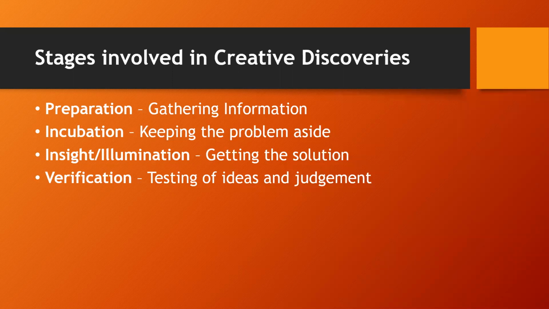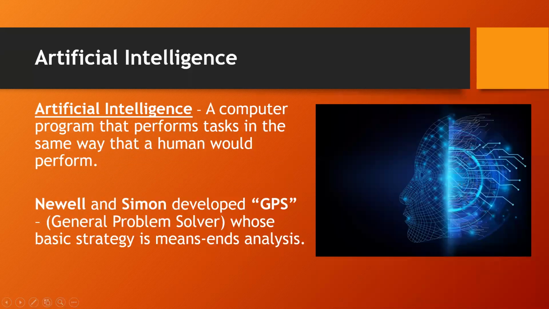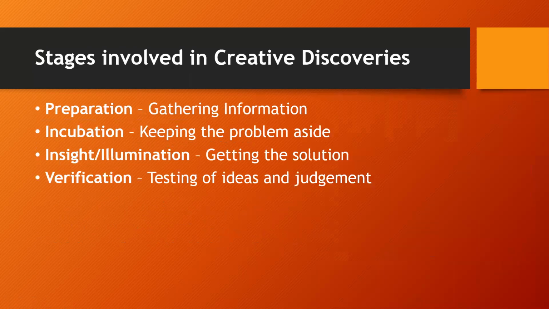appropriateness of ideas. Just to test the appropriateness of ideas or solutions, you have to test and make judgments. Here, convergent thinking plays its role in selecting the appropriate idea. You can't select various, you will have to just choose one now. So these were the stages involved in creative thinking.